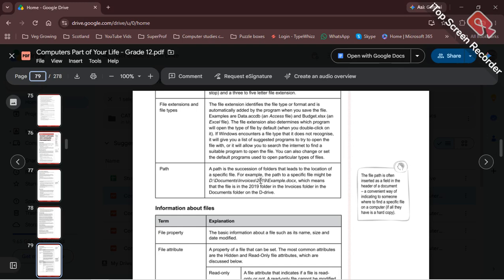Within that folder, there's a folder called 2019, and then there's my document, which means that the file is in the 2019 folder, in the invoices folder, in the documents folder in the D drive, as I just said over there. All right. The file path is often inserted as a field in the header of a document, a convenient way of indicating to someone where to find a specific file on a computer if all they have is